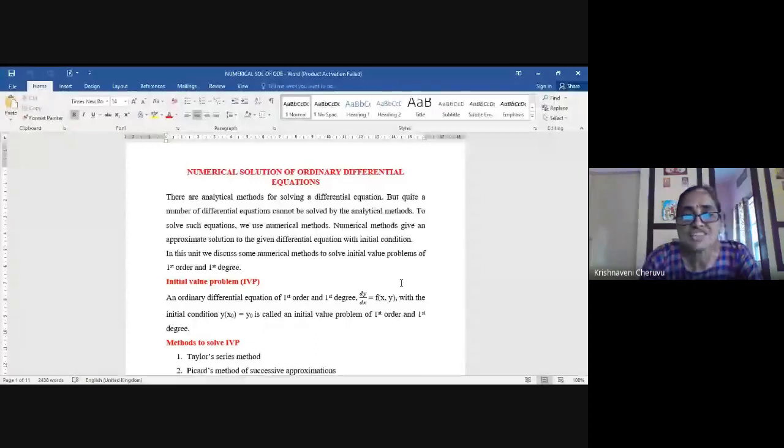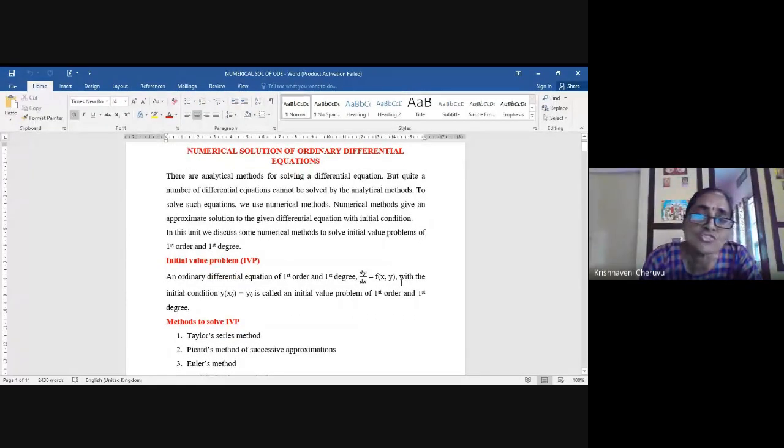Okay, now see, numerical solution of ordinary differential equations, girls. I already discussed this in the previous session. Once again I'm doing it. You all know how to solve ordinary differential equations by using analytical methods, which you did in first year degree, and also somewhat in your senior intermediate. In this class, advanced numerical analysis,